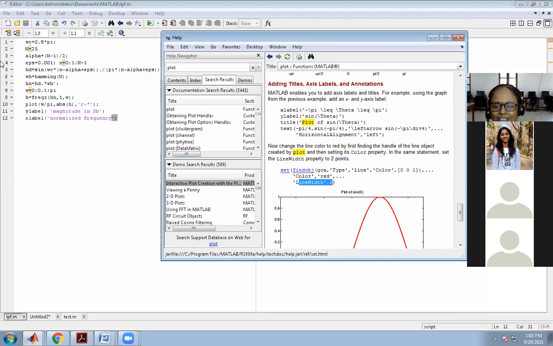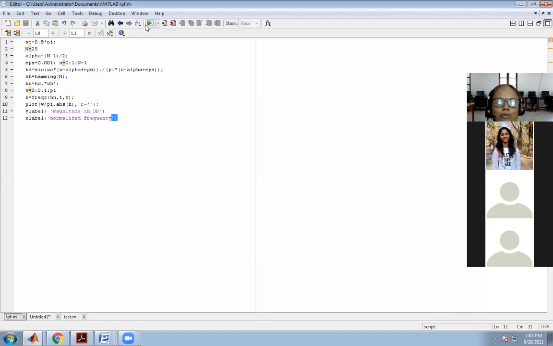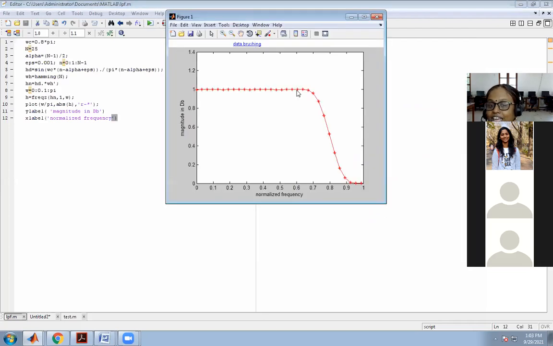But nowadays it's not needed to change all of this in x label and y label. We can change it in the diagram of MATLAB itself. Okay, so I will run the program here. I didn't give any inputs. You just see, I can directly get my value. So if I put blue,